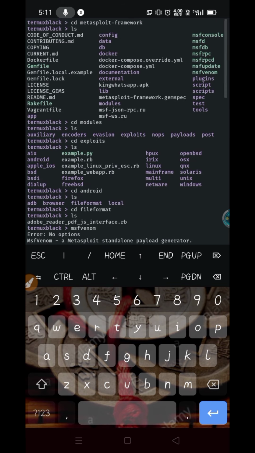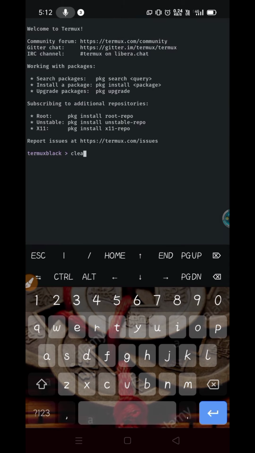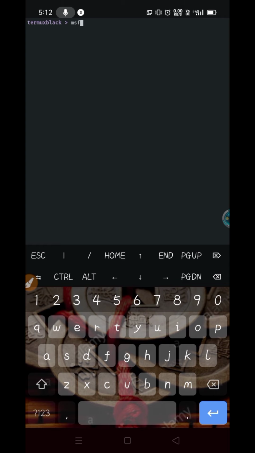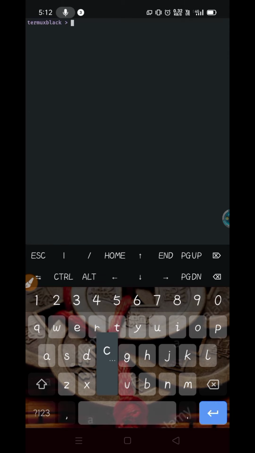I didn't realize at that time while making the video, I forgot and just typed msfvenom because I had cleared Termux. Type cd, then msfconsole to start the Metasploit framework. It takes about one minute or less.